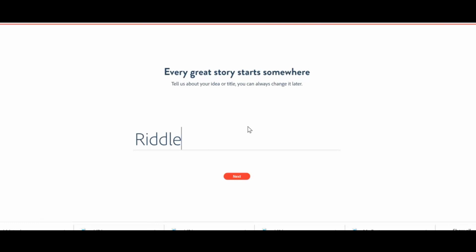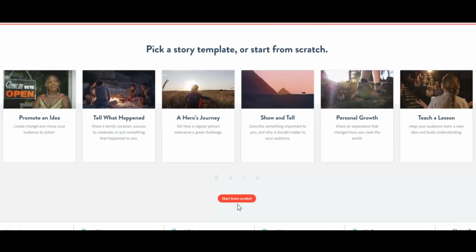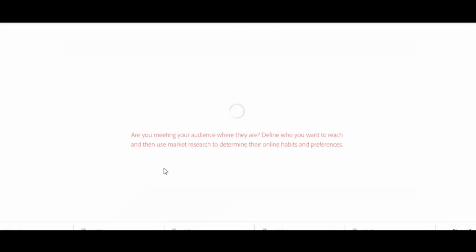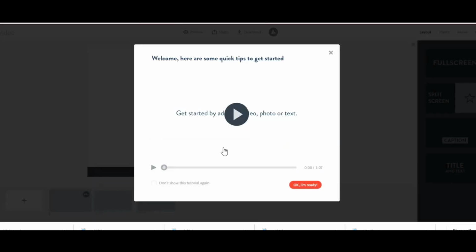So I am creating riddles. This is a small demonstration to create a riddle. You can start from scratch. So if you are creating any logo, first you plan what you are going to do. I have created a random logo. You can create a logo for your own brand, own story, and it will come automatically at the end of every product you are doing.